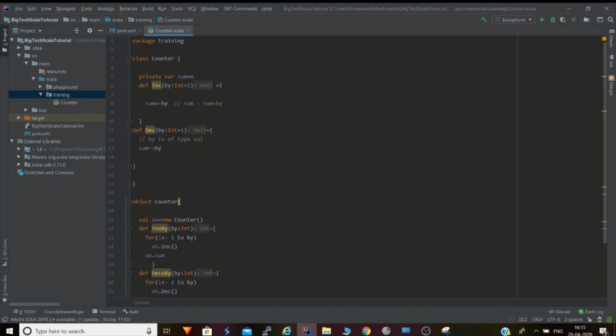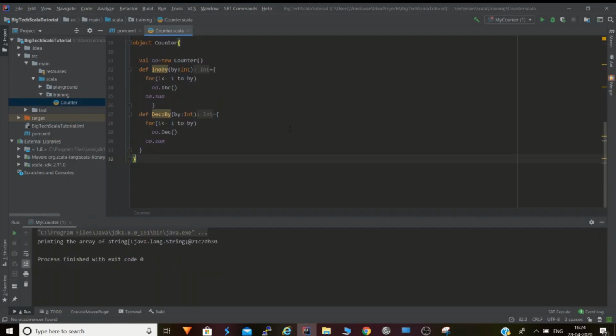Now let's move to the next segment of the course, creating a Scala application. So what is a Scala application? To run a Scala program, you must supply the name of a standalone singleton object with a main method that takes one parameter, an array of string, and has a result type of unit.